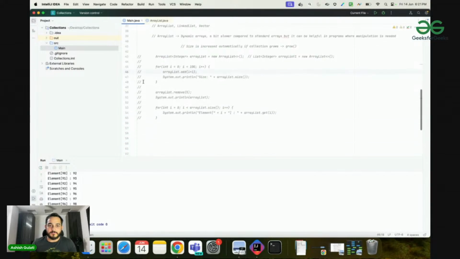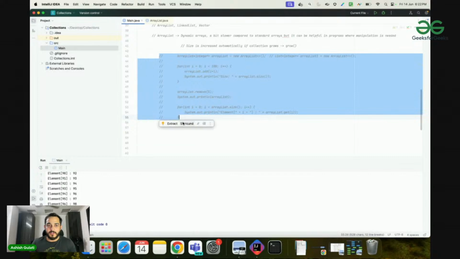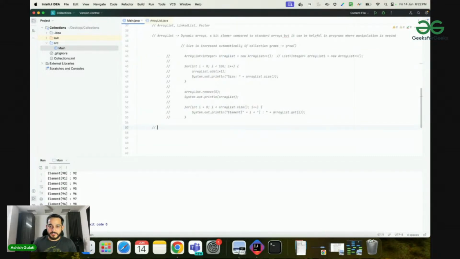Let's explore the linked list. I hope everyone, whoever is watching the session live or after the recording, is aware about the linked list. If not, you can first read about the linked list, right? So in Java, the linked list is nothing but the implementation of the linked list data structure. Java provides an out of the box implementation of linked list data structure, right? And linked list data structure is actually nothing but a linear data structure